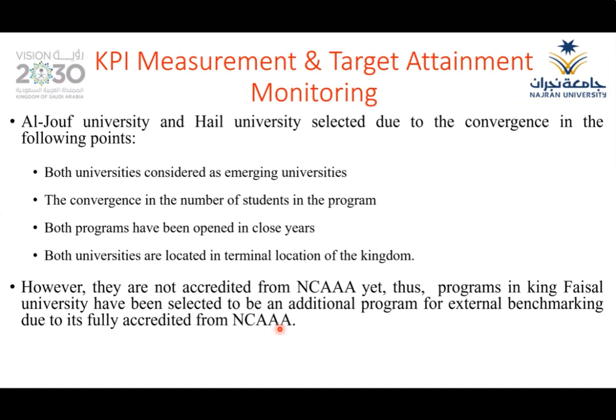Regarding the KPI analysis, the overall achievement rate for the CS program is, out of the 17 KPIs, 9 KPIs were achieved. In the IS program, out of the 17 KPIs, 13 KPIs were achieved. In comparison between the male section and the female section in the CS department, both the male and the female achieved 8 KPIs. Comparatively, males were best in 8 KPIs and the females were best in the other 8 KPIs.